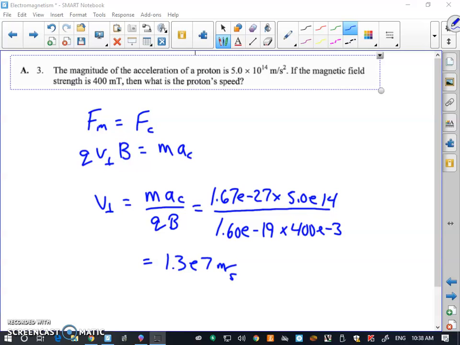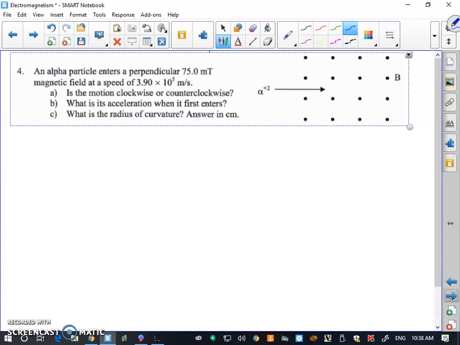Moving along, question number 4. An alpha particle enters a perpendicular 75 millitesla magnetic field at a speed 3.9 times 10 to the 5 meters per second. Is the motion clockwise or counterclockwise? Okay, we're going to use our third right-hand rule